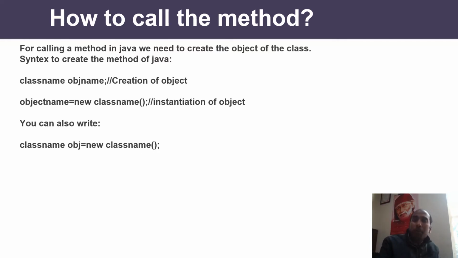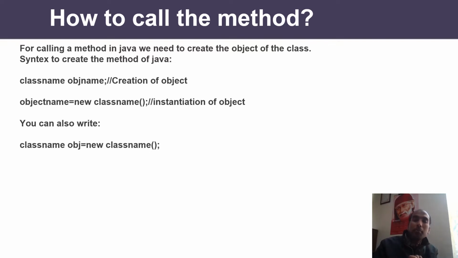The question arises, how to define the memory? For defining the memory, you have to instantiate the object, which was not in C++, because C++ was not a pure object-oriented programming language. Java is pure object-oriented. So if you are creating the object, you are just creating a reference which by default contains null. Now you have to give some memory address to that reference, which means you need to create memory. For creating dynamic memory the operator used is new, and then you write object name equals new and the class name.